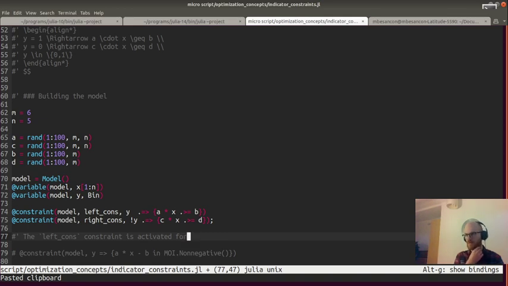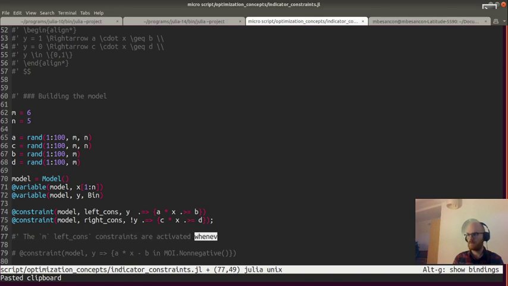It means all the A's are activated by this, not just one, because this expression here implies m constraints and not just one. The m left constraints are activated